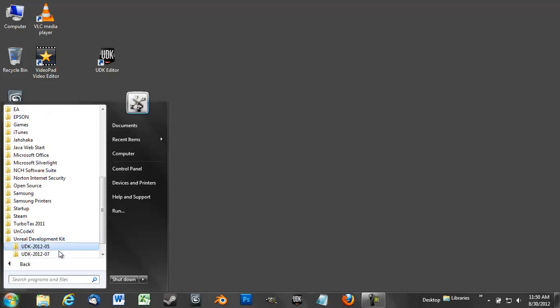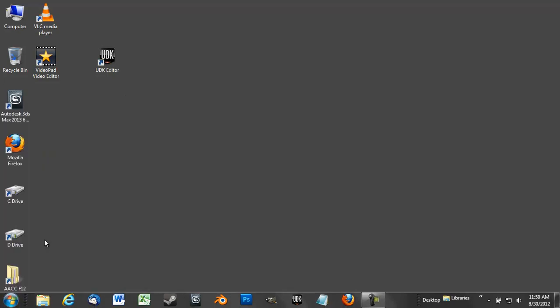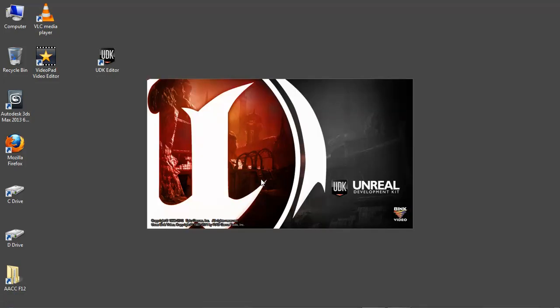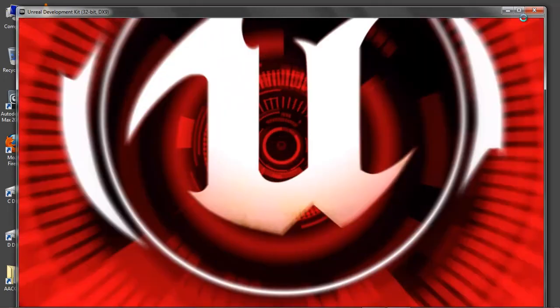We can go into the development kit again, and then there's the game. And in order for the game to see it, you have to have the DM extension for Deathmatch, and you also have to have it inside that folder that I showed you, the maps folder. Because that's where the game looks. If you don't have your level in that folder,